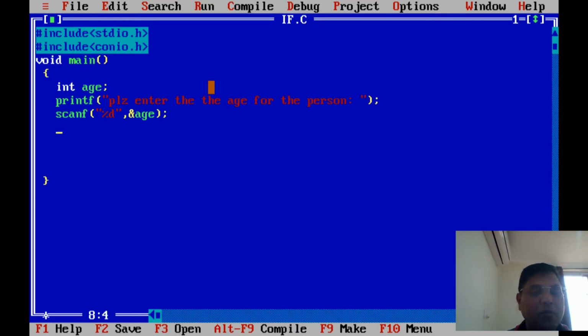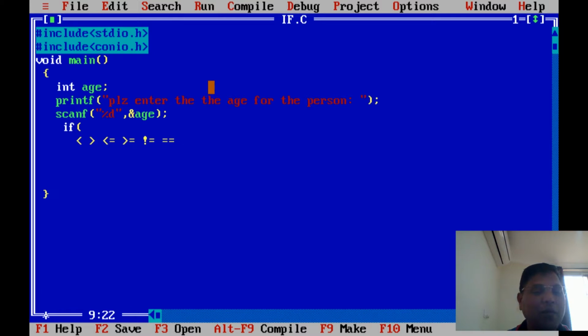And then, the actual program is going to check the age. So what are we doing? An if condition, a simple if. The syntax of the if is: if, then a bracket without any space, and in the bracket you put the condition. The condition is like what I explained in the last videos. You have less than, greater than, less than or equal to, greater than or equal to, not equal to, and exactly equal to. These are the conditionals you have to check.